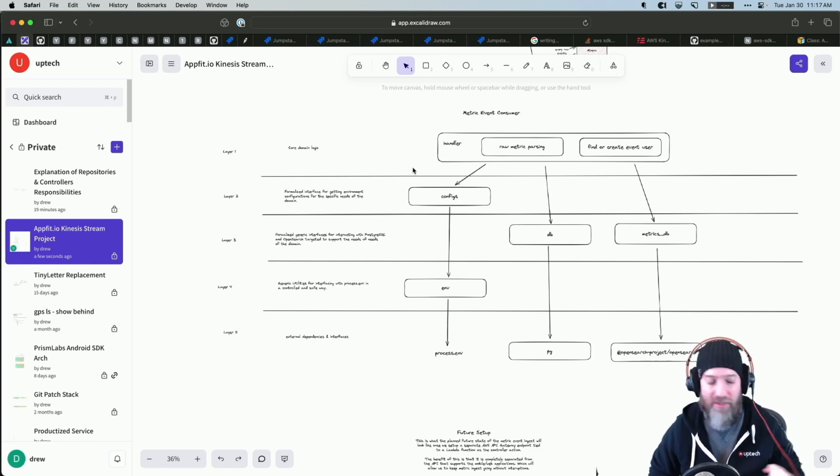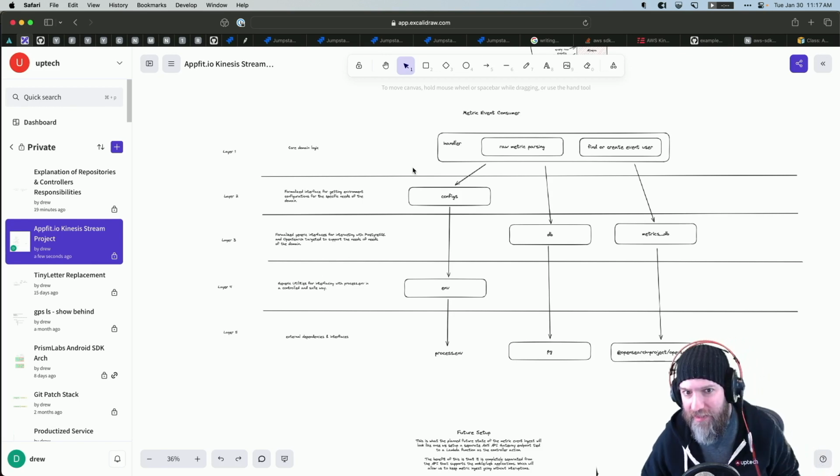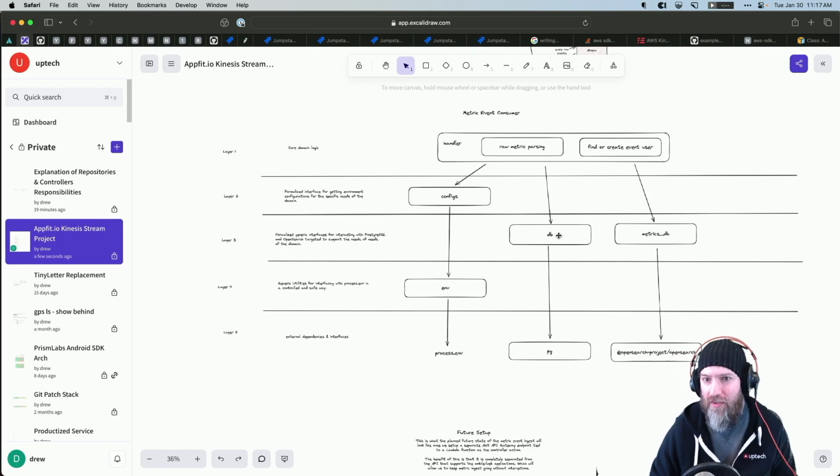How do I describe it? Okay, so layer 3 would live, you could merge layers 2 and layer 3 together if